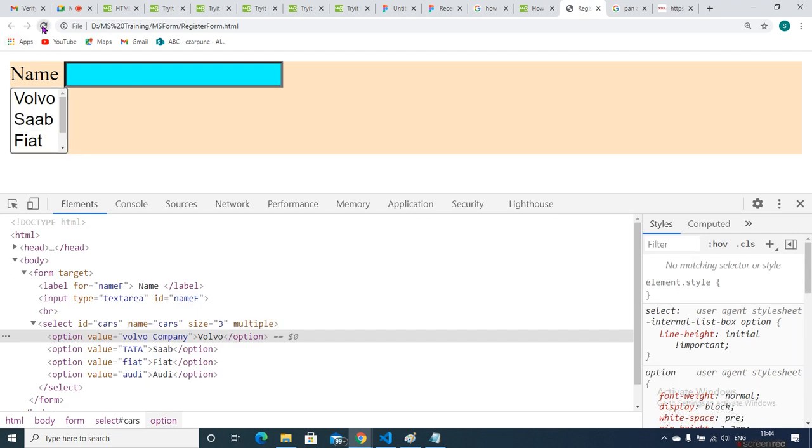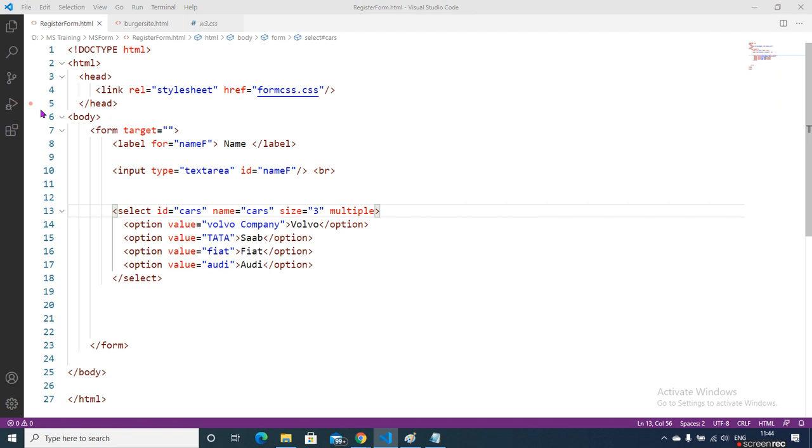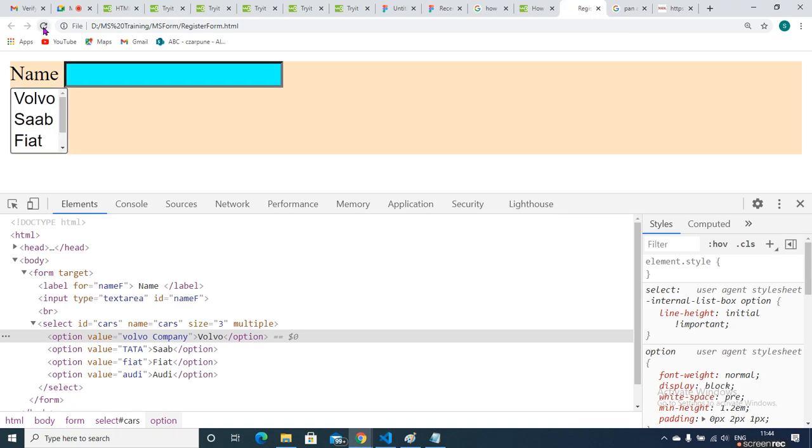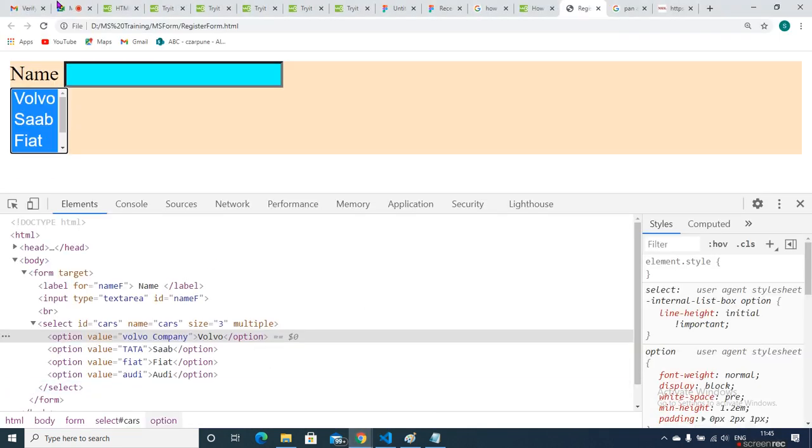Just refresh. See, for that purpose you just need to press Control and select the multiple options. You can remove the size also. This is how these options work.